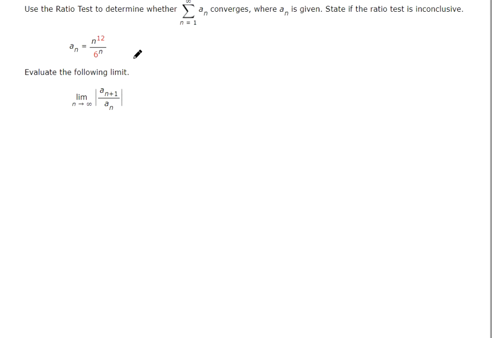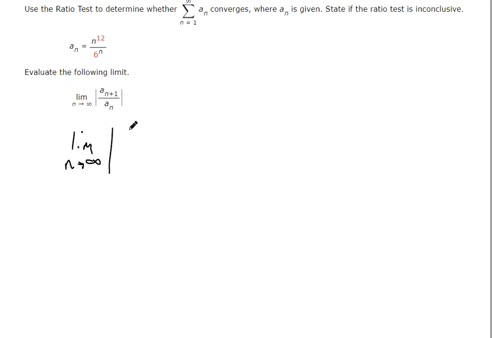The ratio test is something students usually like because it's a lot more clear. There are fewer conditions you have to check to apply the test to determine whether a series is convergent. It's nice and simple. You evaluate the limit as n goes to infinity of the ratio of the next term divided by the current term. So to evaluate that limit,